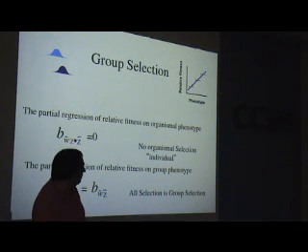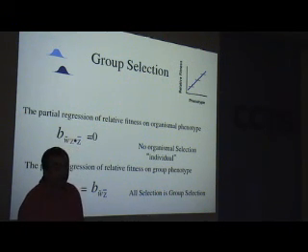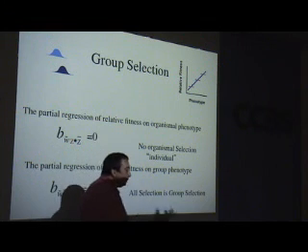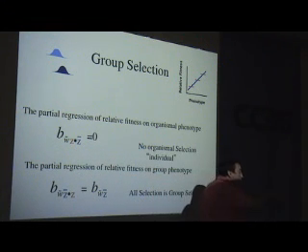And it turns out that this is exactly what we find when we do contextual analysis. When we do this multiple regression technique, throwing in group traits as if they were individual traits,